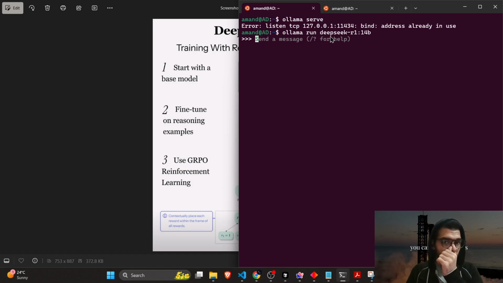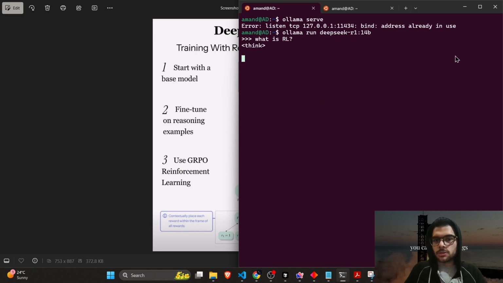Like here, Qwen 14B is running, so I can just ask it what is RL, and it will start thinking about it and generate its whole thought here. And it's really fun to read these thoughts of the LLMs.